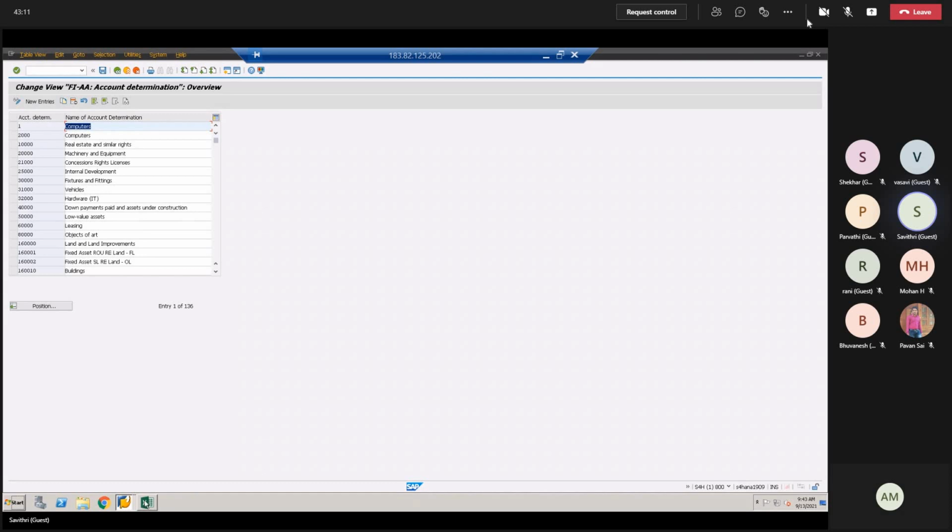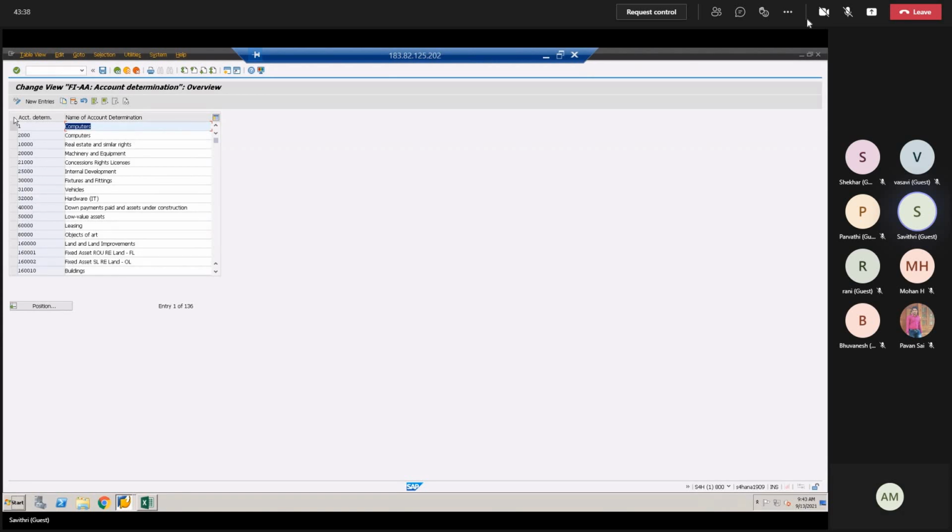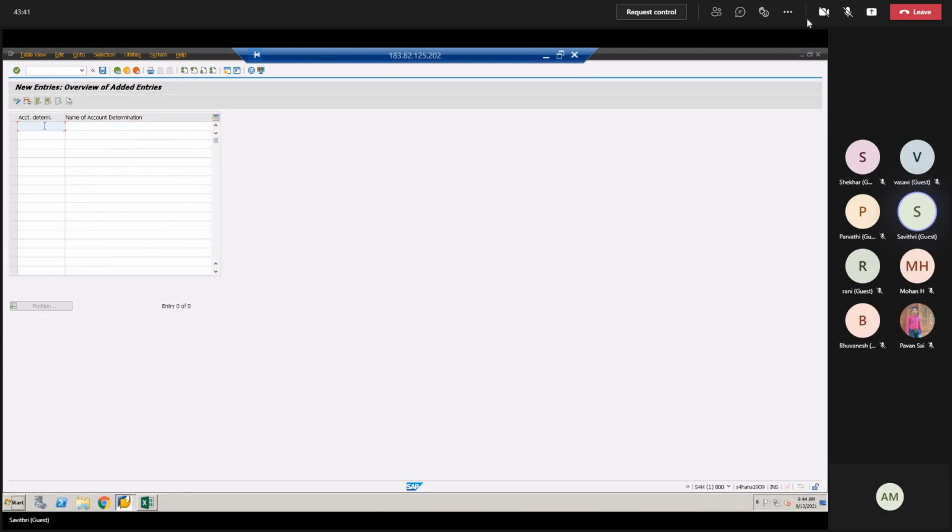I will have three assets. We'll have buildings, vehicles, and plant and machinery. Buildings, vehicles, and plant and machinery. Let me create one. My company code is T, so you can give any 4-digit character. I'll say T100